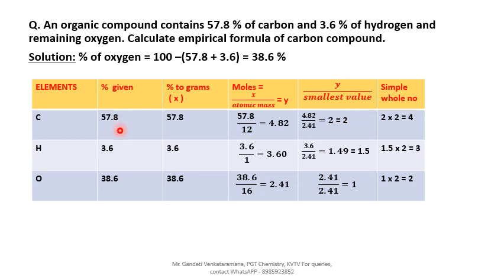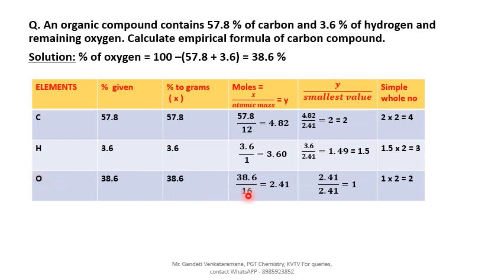57.8, 3.6, 38.6%. Next, change the percentage to grams as it is again. 57.8 grams, 3.6, 38.6 grams. Next, conversion to moles: X by atomic mass. Whatever value you are getting, divide this value with the corresponding atomic mass of the element. Okay. So 57.8 by carbon atomic mass 12, 4.82; 3.6 by 1, 3.60; 38.6 by atomic mass of oxygen is